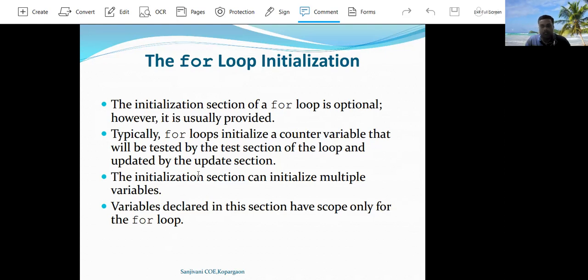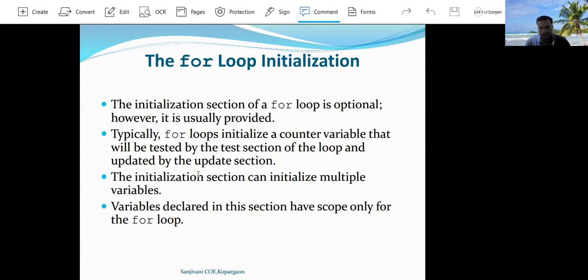Whatever control variable is initialized by the programmer is used by the test condition section to test the condition, and the update section of the loop will increment or decrement the value of the loop variable.